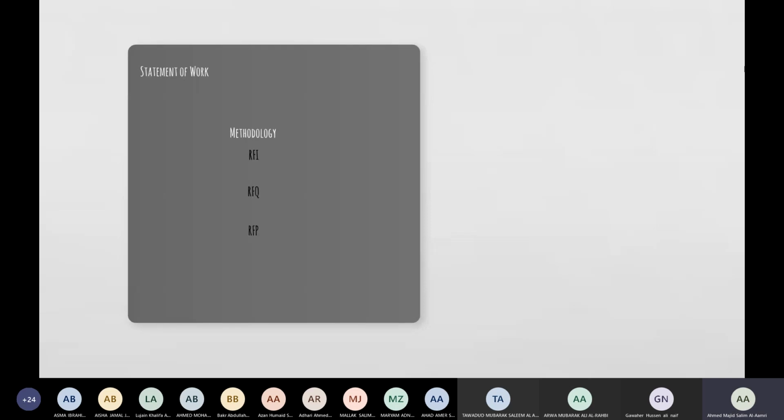Okay, so it goes in sequence. The first step is requesting for information. If I have already the information, then I don't need the first step. I'll go for the second step. The second step is called request for quotation, where now I know